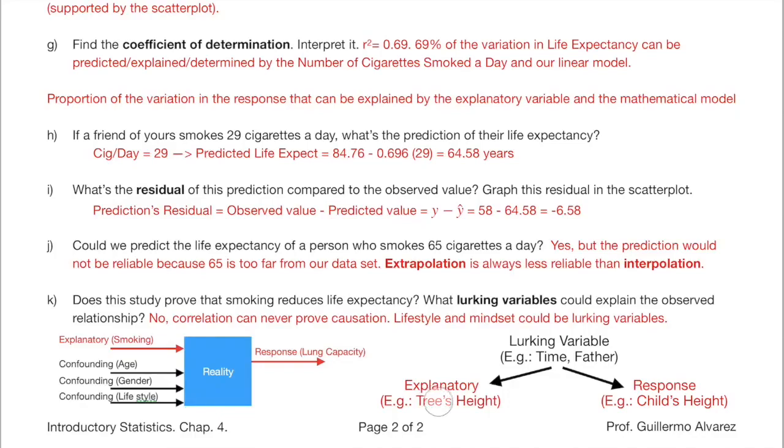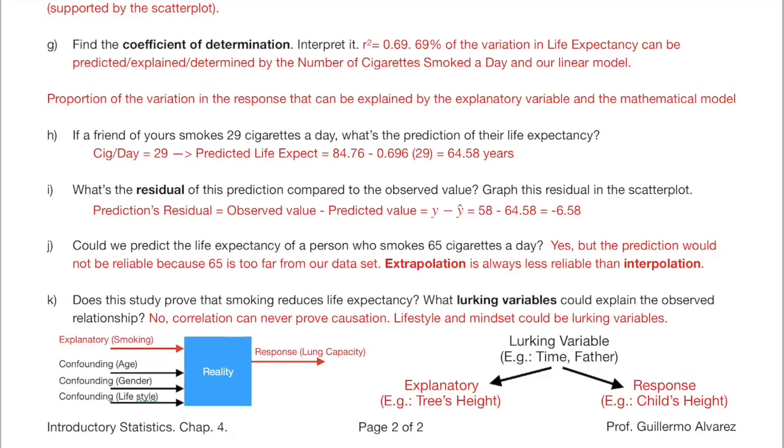If you tell me how tall the tree is, I will put this height in the regression line and I will tell you almost exactly how tall the boy is. So the interpretation of the coefficient of determination makes much sense here. 95% of the growth of the boy can be determined with the help of the tree and the regression line. Again, this does not imply that the tree is the cause of the boy's growth.